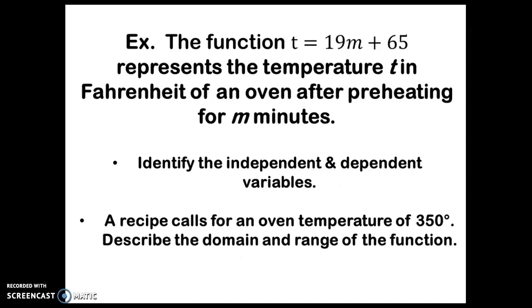So here we're talking about temperature. As I'm looking at this, T equals 90 over 19 M plus 36, where T represents the temperature in degrees Fahrenheit of the oven after preheating for M minutes. So M is my minutes and T is the temperature that the oven is. Again, if I'm looking at this,